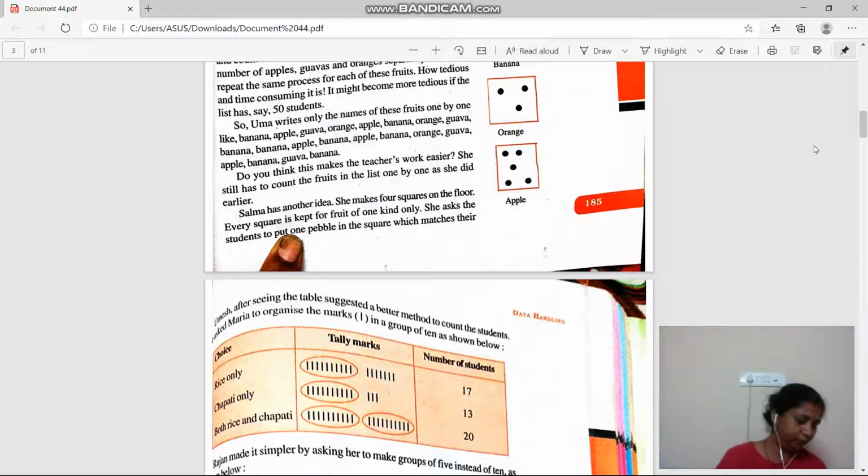So what we have to do, we will just take an example of 9.1's third example. Okay, Catherine threw a dice 40 times, and noted the number appearing each time as shown below. Now it has to make 3 columns. First the numbers, then second tally marks, and next the times. Okay, so see here, which is the lowest number? 1, and which is the highest? 6. So we have to write here 1, next line 2, 3, 4, 5, 6.